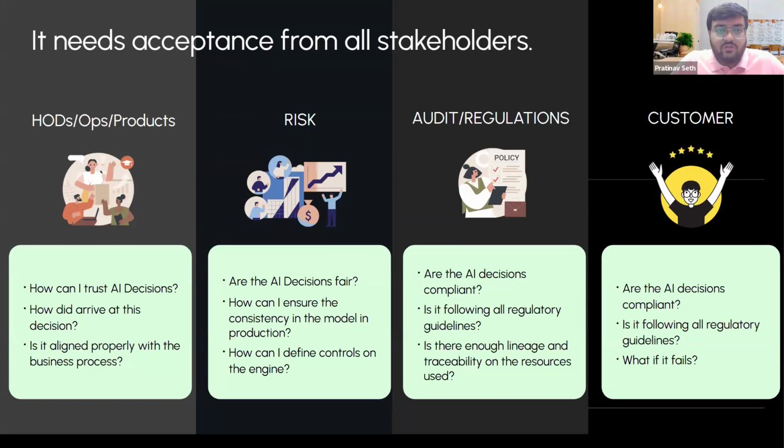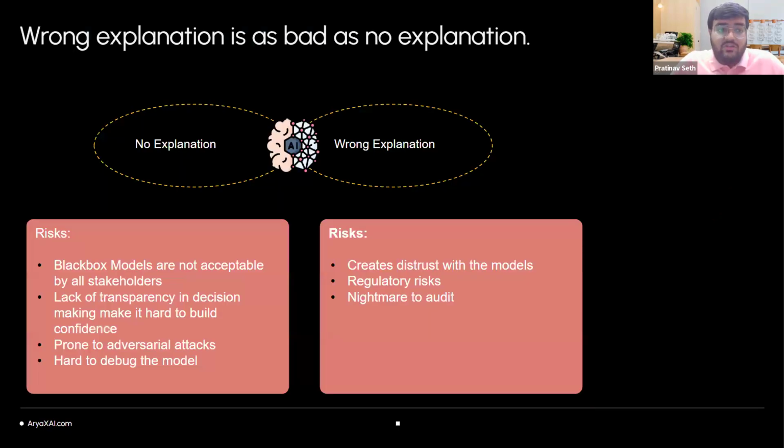So again, if we know all this, why is there a problem of AI explanation, or of AI alignment or interpretability? The reason is that there are methods to explain different models, but they are not correct, or they are sometimes wrong explanations, which creates distrust among different users, which we saw on the previous slide. Another problem is that they are not acceptable in many cases because a lot of these models are black box, which makes it very hard for a method to explain them. And secondly, it is very hard to debug the problems with the explanation methods.